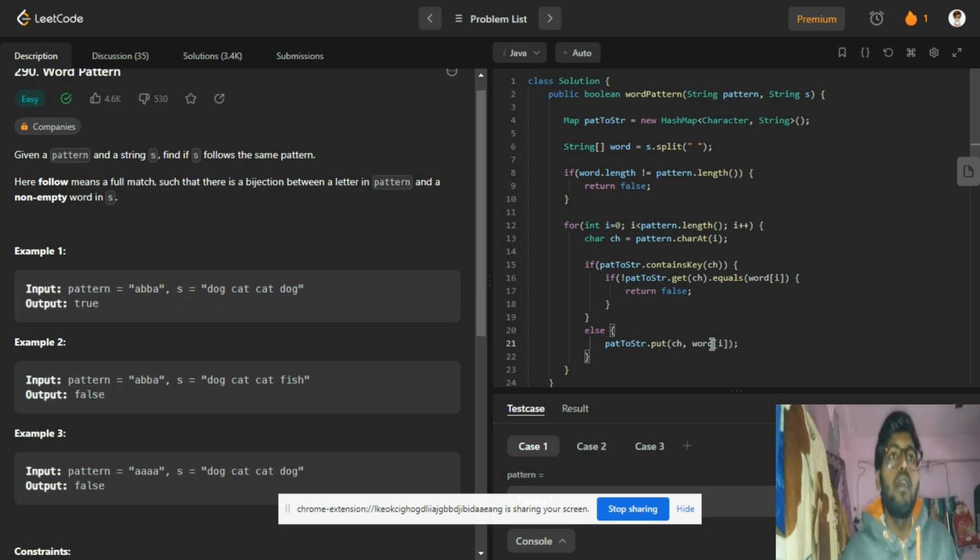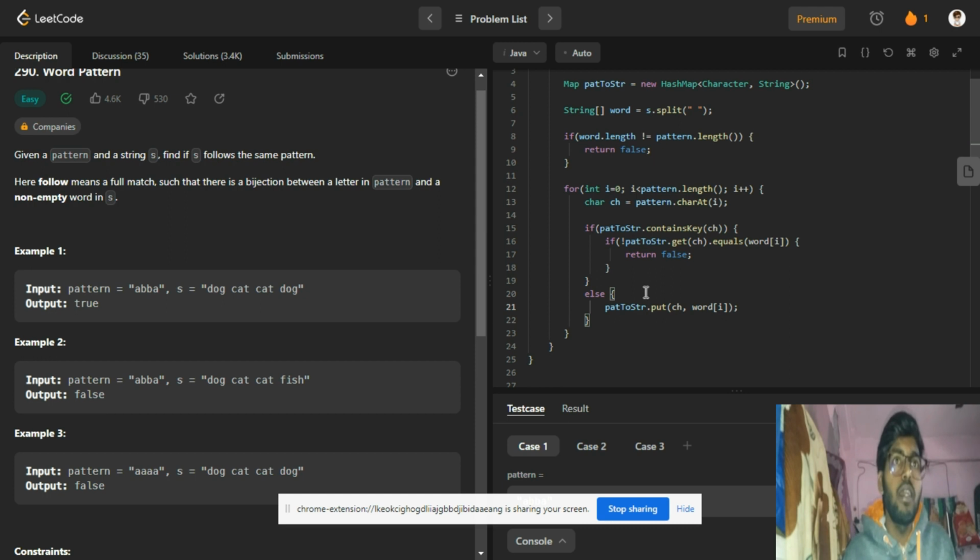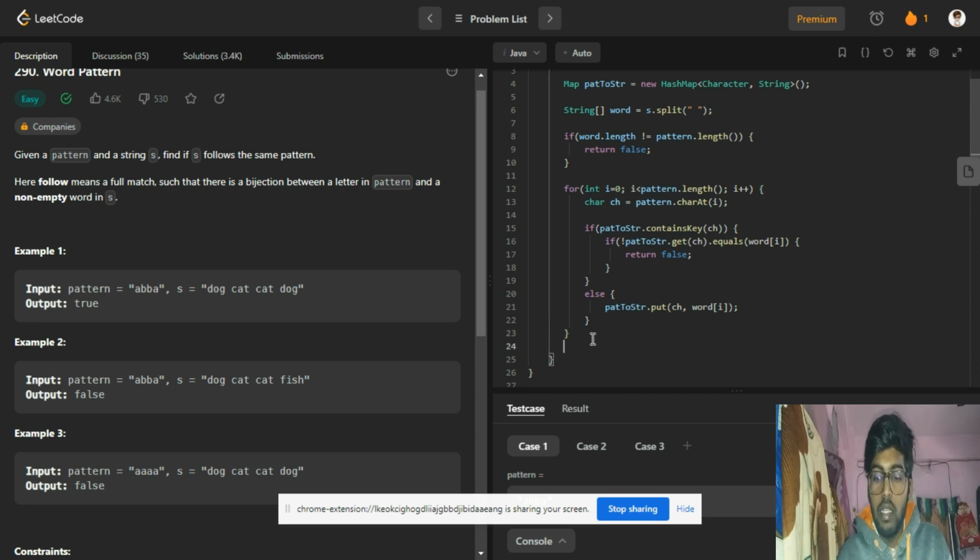It is simple. If in this iteration this condition is satisfied, then I will simply return false. If this condition is not satisfied in this whole iteration, then yep, it is following the pattern. At the last I should just return true, because while iterating over this whole pattern and string, I didn't find any place where it is violating our condition of pattern matching. So I'll just simply return true